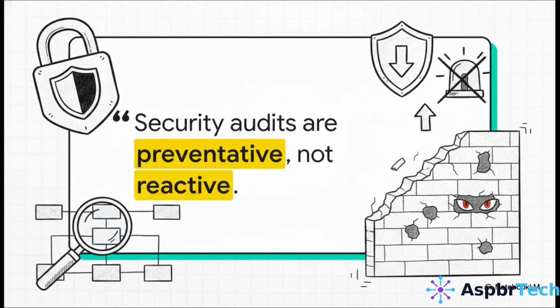And that brings us to a really crucial mindset shift we need to make today. Security audits are preventative, not reactive. You absolutely cannot sit around waiting for an alert from your security operations center to start checking your domain configuration. By the time that alarm bell rings, it's already way too late. Uncovering those dormant misconfigurations and structural gaps internally is literally the only way to prevent external exploitation. Basically, it boils down to this. You've got to find the holes in the wall before the enemy does.